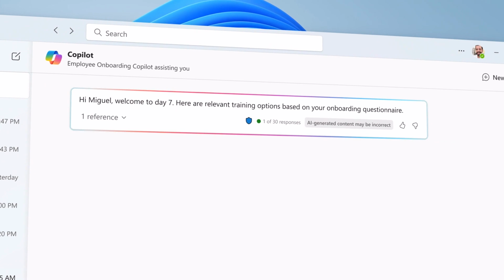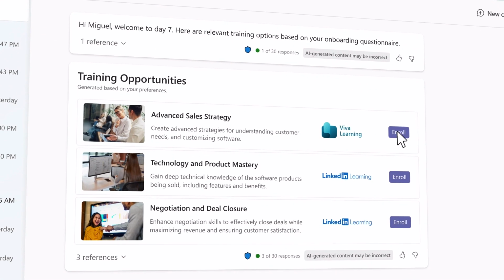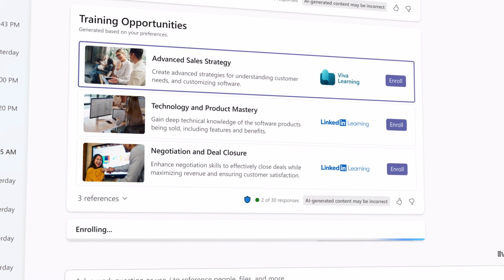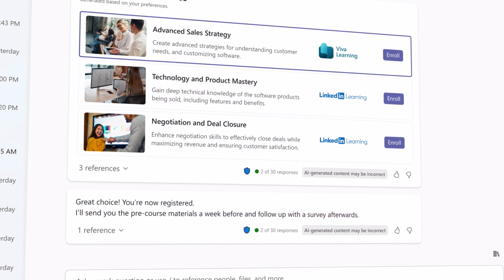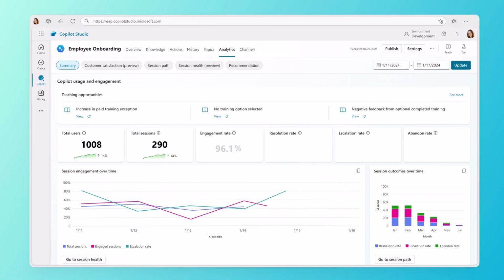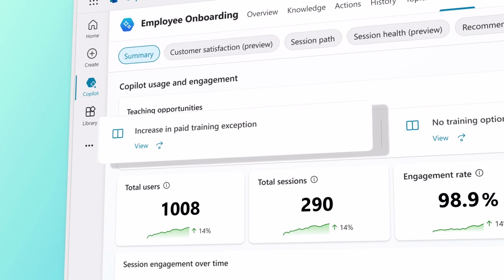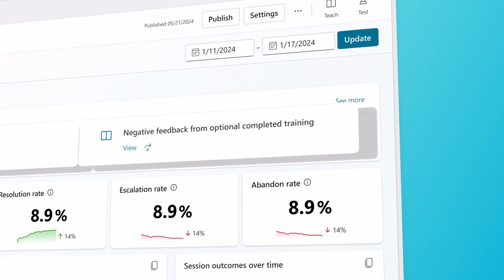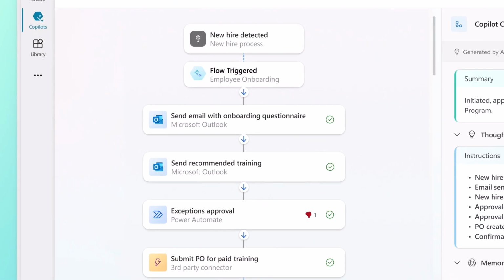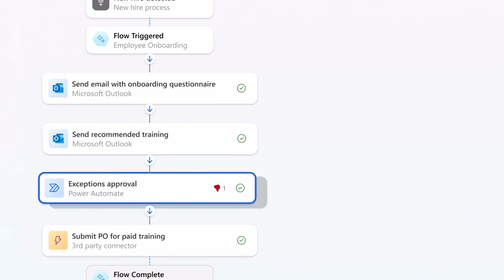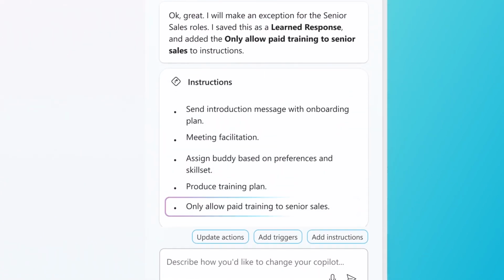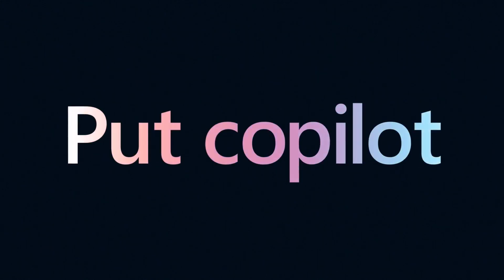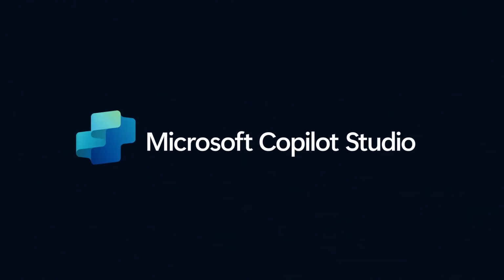Watch it use memory for context, reason over user input, and manage long-running tasks. Copilot can learn from feedback to improve. And you're always in control. Put Copilot to work for you with Copilot Studio.